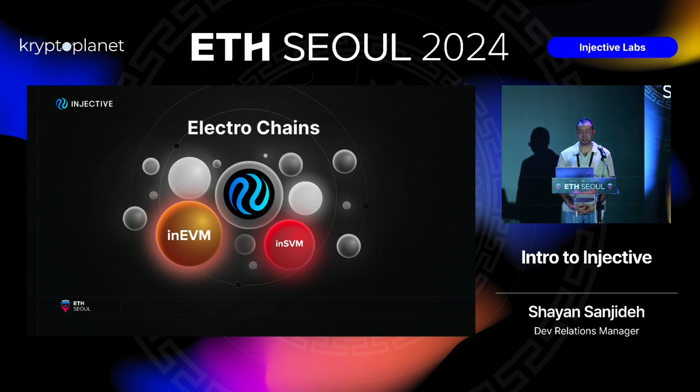The first of these Electro chains are inEVM and inSVM, the different rollup environments for Ethereum and Solana respectively. These VM environments accommodate different virtual machines, each tailored to execute smart contracts written in different programming languages or adhering to different execution models. This setup facilitates interoperability by allowing developers to leverage the strengths of different VMs while ensuring compatibility with existing smart